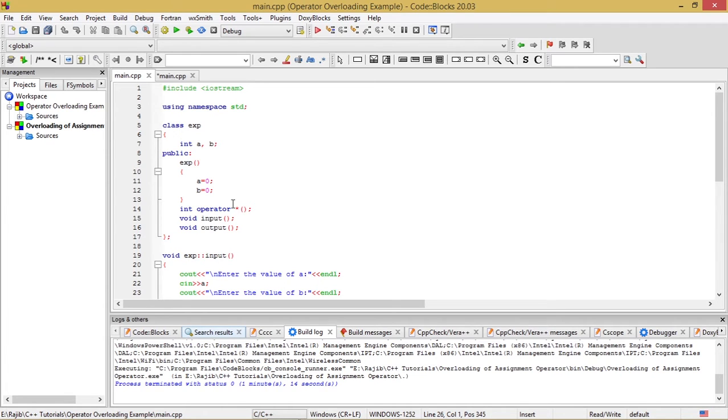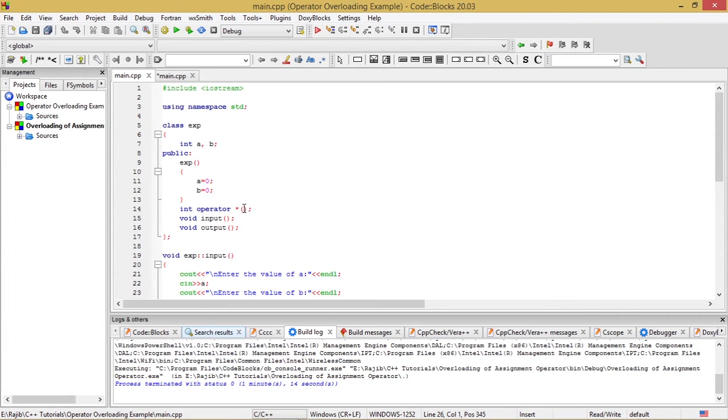So this star is being used here as a unary operator, and since this unary operator is being implemented as a member function in this example, we need not specify any explicit argument.